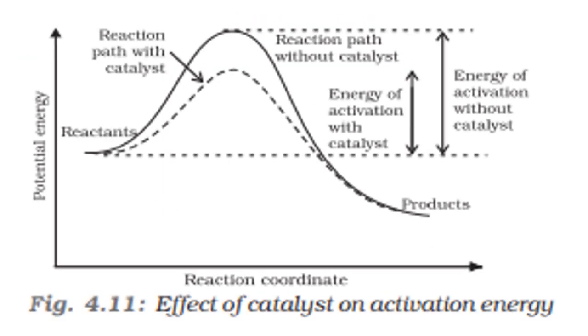This is a graph where we can plot potential energy versus reaction coordinate. In the presence of a catalyst, the reactants react together to form products in a very short time. But in the absence of catalyst, reactants react together to give product which takes more time compared to the reaction which takes place in the presence of a catalyst. That means catalyst reduces the energy of activation, thereby increases the rate of a reaction.